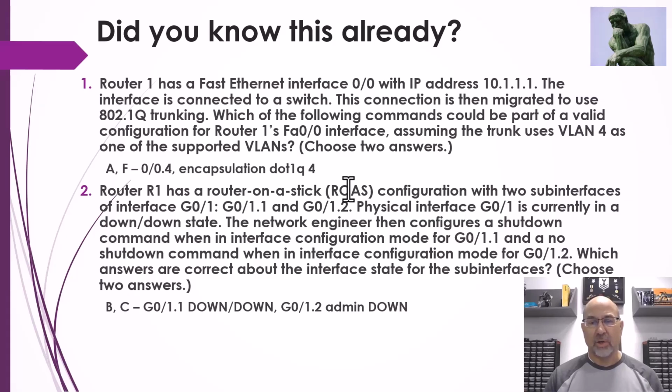G0/1.1 and G0/1.2. The physical interface is currently in the down state. That is no bueno right there. That is not going to be helpful for us. The network engineer then configures a shutdown command in the interface configuration mode for subinterface 1.1 and a no shutdown command when the interface configuration mode is for G0/1.2